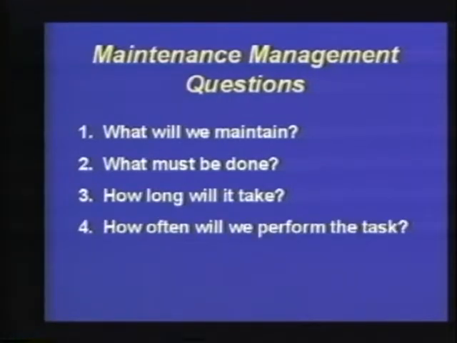How often will we perform the task? That's a frequency code. And as you'll see a little later, there are 4 different frequency inputs. One would be a shop calendar, another one would be machine hours, a third one would be odometer readings, and the fourth one would be the input from the predictive maintenance program. And again, as I said a moment ago, we will address these issues in greater detail in the following sections